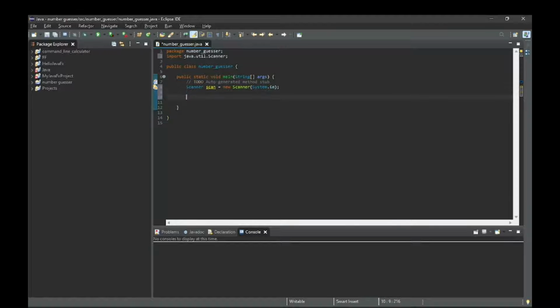Then after taking the scanner we will be writing the code for the computer to take any random number between 1 to 100. You can make it 50 or 500 or 1000, anything up to you. So let's try. And the number equals 1 plus,